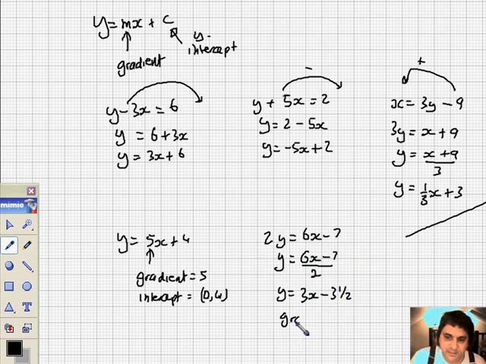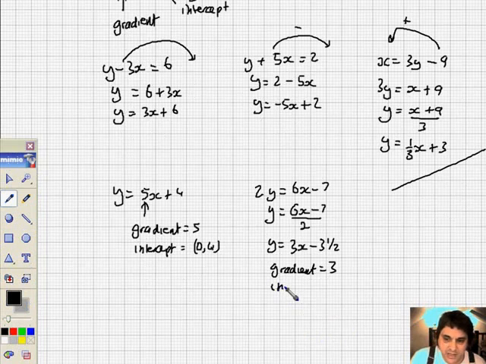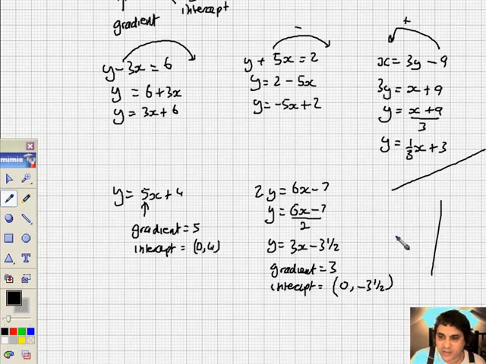So the gradient's going to be 3. And the intercept is going to be 0, minus 3.5. Nothing wrong with that. So it'll be something like, I don't know, might look a little bit like there are